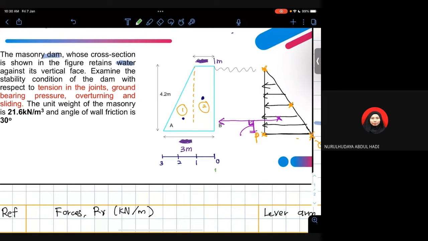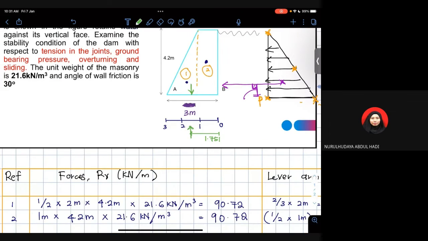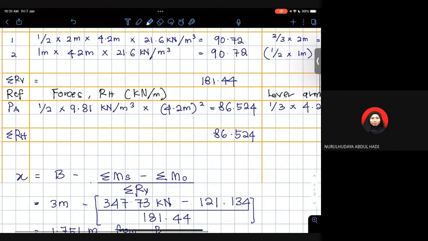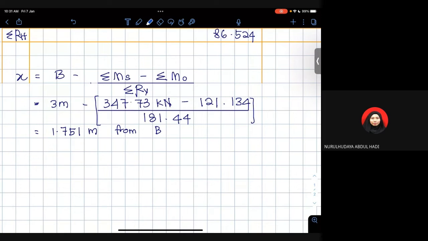Daripada kosong ni, 1.751. Kat sinilah ground reaction tu. Jadi dia masih lagi dalam middle third. Jadi dia masih lagi kat dalam tengah-tengah ni. We know that the formula yang kita akan pakai untuk kira QA adalah this one. So kita ada 2 choice